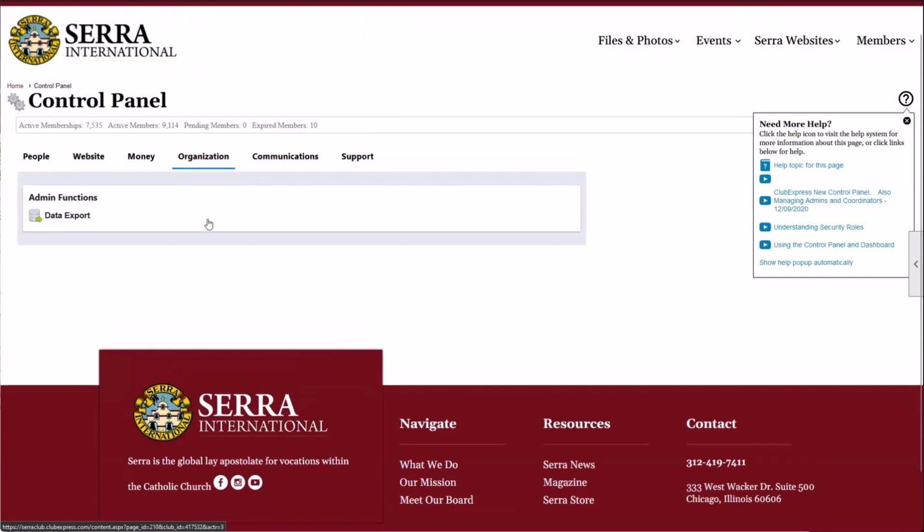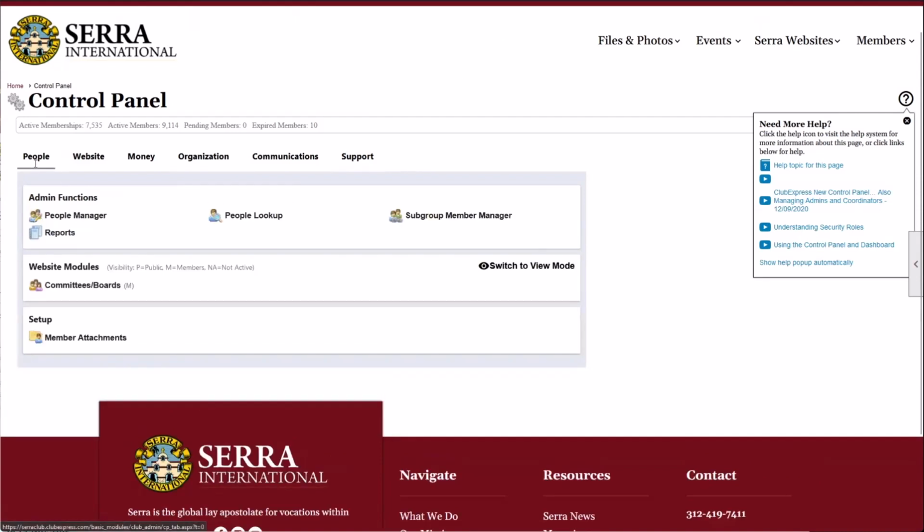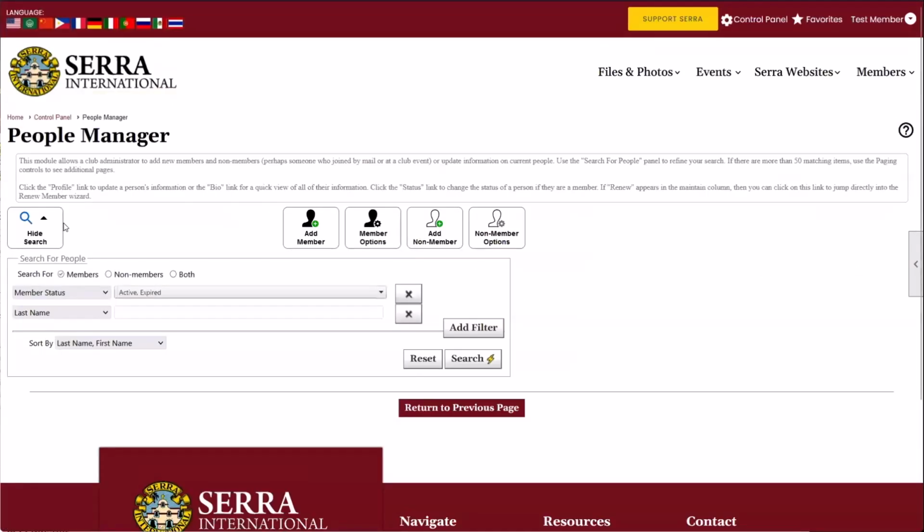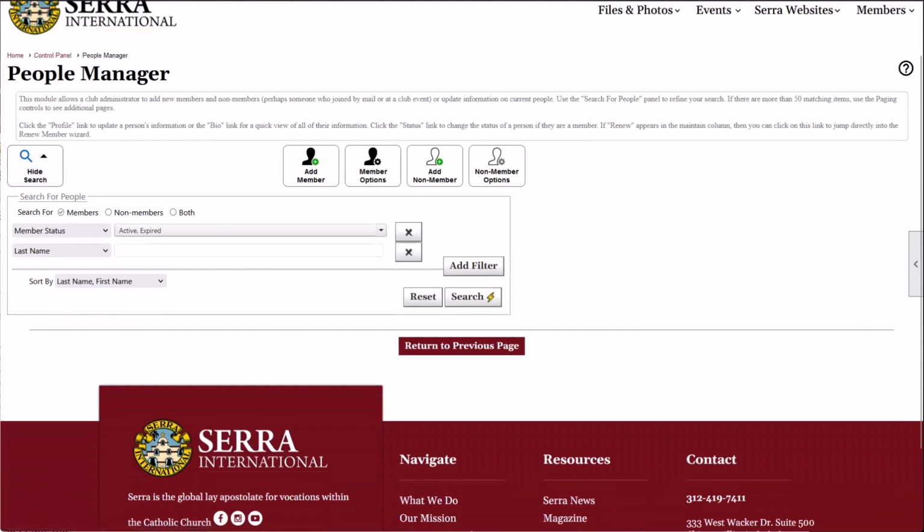All right, so now let's talk about some of the functions available to us and how to use the important subgroup functions. I'm going to go first again. We love to order things in order of importance. Let's start with the people manager. So if we head over to the people tab of the control panel and jump into the people manager, the first thing we're going to see is this search box and a handful of buttons over on the right-hand side. When it comes to searching for members, you'll notice there's already